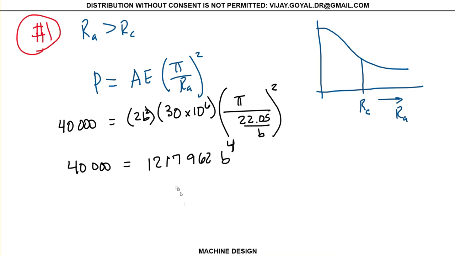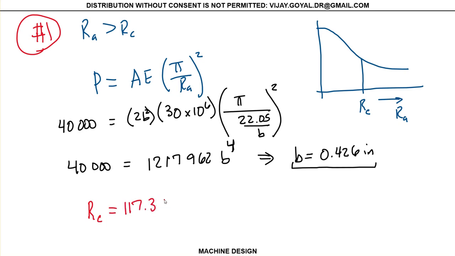And so we solve for b from this equation, and we find that b is equal to 0.426 inches. Straightforward, divide on both sides by this number and take the quartic root, square root of that. So then in the problem, I know that my RC was equal to 117.35, and my RA in the problem, which I need to always check, you can see that would give you